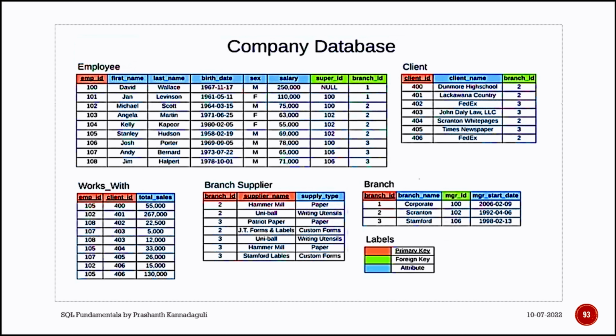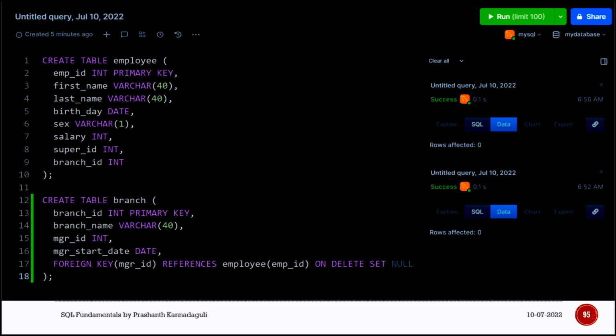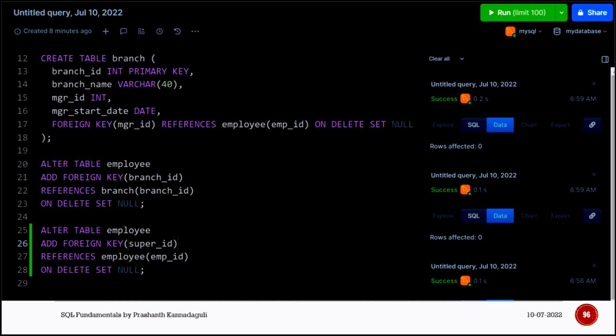So you are making that key as the foreign key. I also have to do another one, that's a super ID. We'll do that later. But with respect to that diagram, we are adding something. Whenever I say that I'm creating a branch ID as a foreign key,